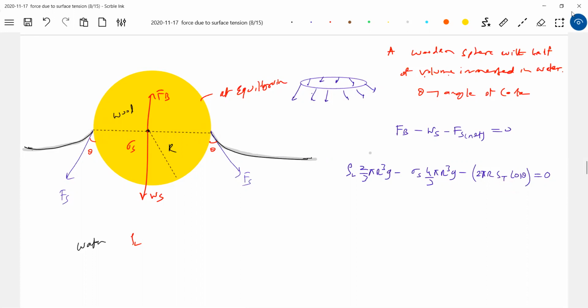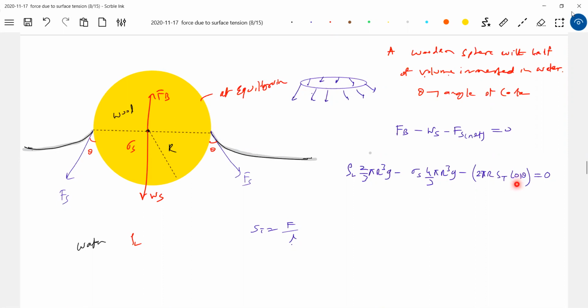So why are you writing like this? What is the definition for surface tension? What is this L now? What do you mean by L? L is the imaginary line you have drawn, no? So at the free surface, what is the free surface? There's free surface everywhere. So you have to go around like this, 2 pi r. Why not 2, sir, you are writing, why not 2? The force is not acting only at these 2 points, it will act everywhere here. The liquid is in contact everywhere on the wood when you go around a circle.